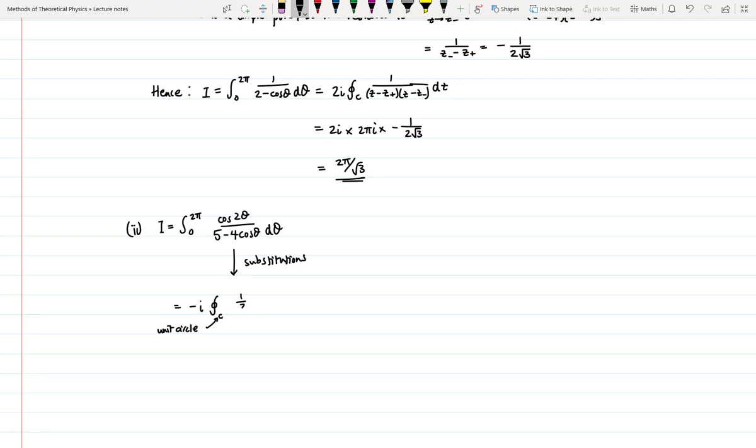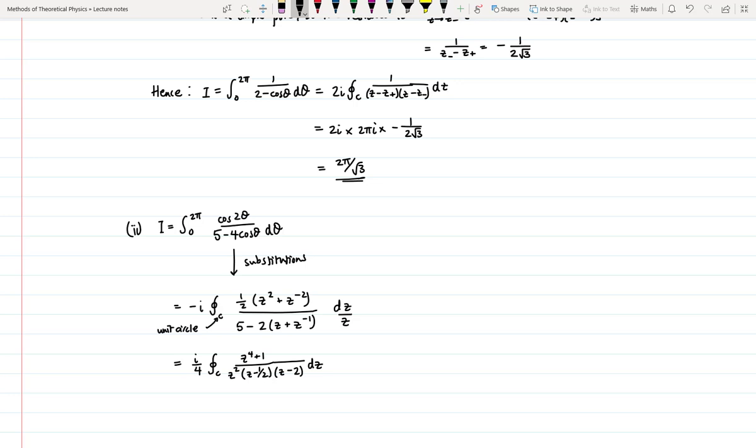of, and then cos 2 theta becomes a half z squared plus z to the minus 2, divided by 5 minus 2 lots of z plus z to the minus 1. And we have dz divided by z for the differential. This can be tidied up as i over 4, the integral of z to the 4 plus 1. So this is multiplying top and bottom by z squared. z squared, you have z minus a half, z minus 2,